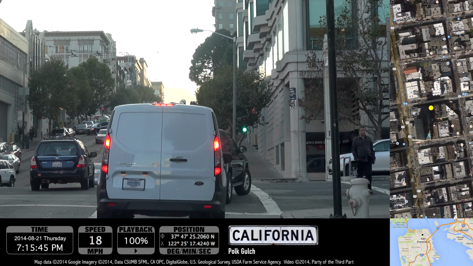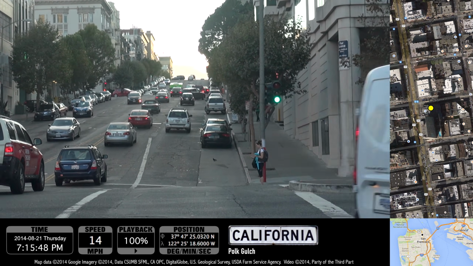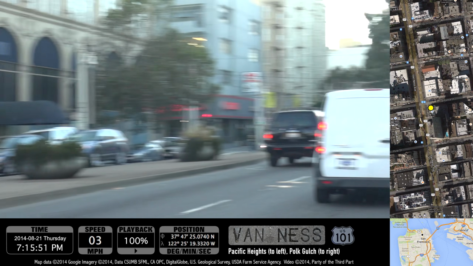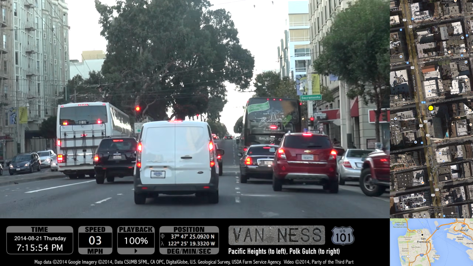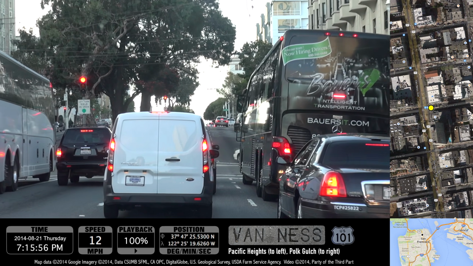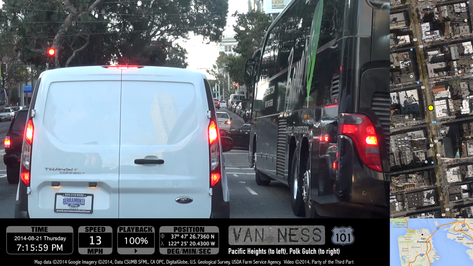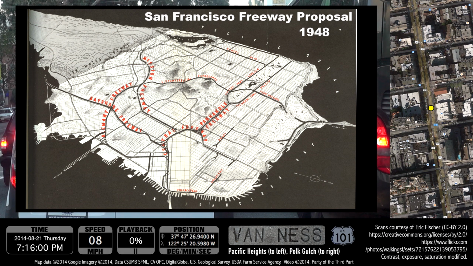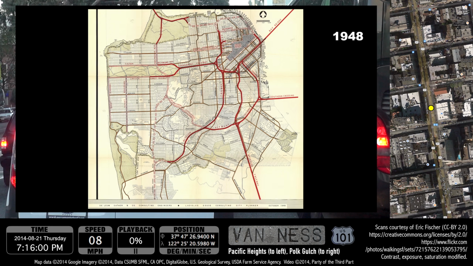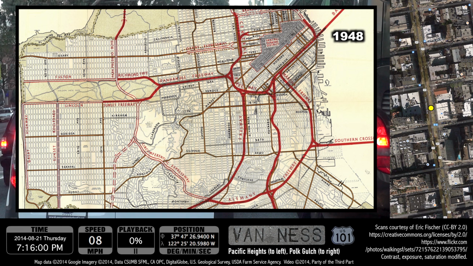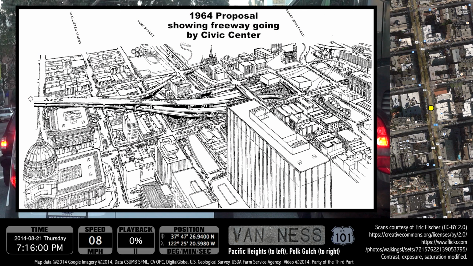We're now turning on to Van Ness Avenue. This is Highway 101 North. Normally 101 is a freeway in most of California, but as it goes through San Francisco, about 4 miles of it is just city streets. There were plans at one time to have a whole network of freeways crisscrossing San Francisco. Fortunately, due to something called the Freeway Revolt in the late 1950s and early 1960s, which involved neighborhood associations, the general public, and the San Francisco supervisors, all rising up against the Department of Highways and state government, most of those proposed freeways were never built, and most of the few that were built have since been torn down.